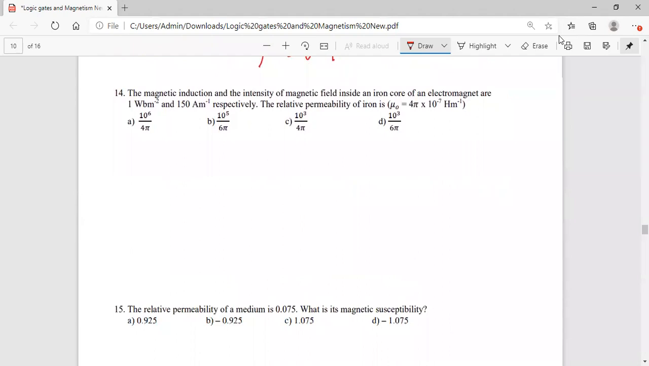Next, the magnetic induction and intensity of the magnetic field inside the iron core. Magnetic induction means B. B is equal to 1 Weber per meter square, which means Tesla. And the magnetic field intensity H equals 150 ampere per meter is given. The relative permeability of the iron is? So we know that